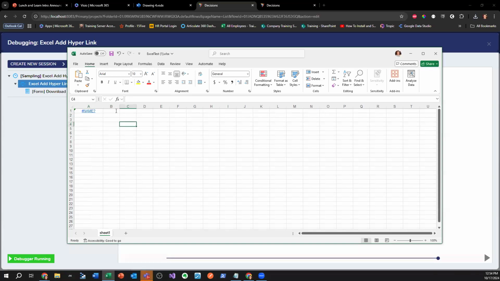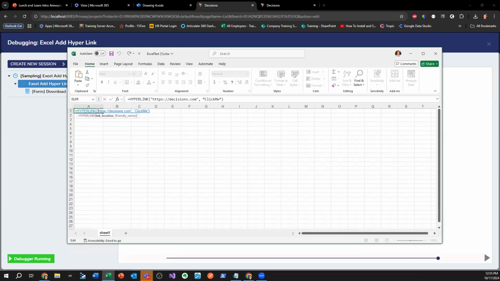Because I can test this out right here, right? If I did the same thing here, hyperlink, and then I did HTTPS whack-whack decisions.com, comma, howdy partner, and boom, it works. Hmm. So that is actually correct. There's just something weird